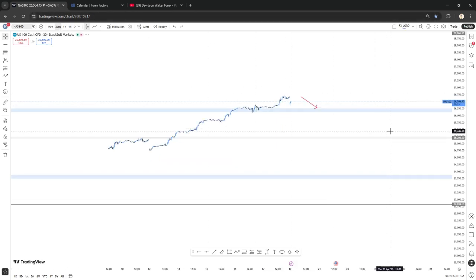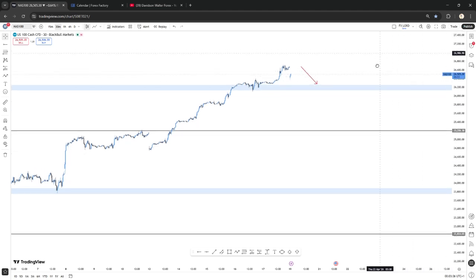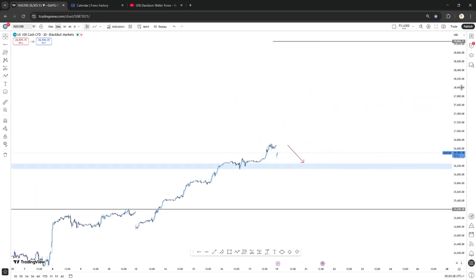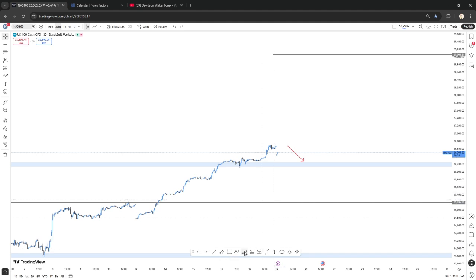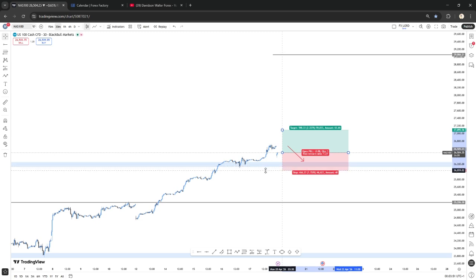So what can you tell? You can tell that price is pushing back to the upside. So if you want to enter this trade, you can still enter at this level. You can still enter right at this level, then your stop loss below the previous low, below this previous low, and you trade it